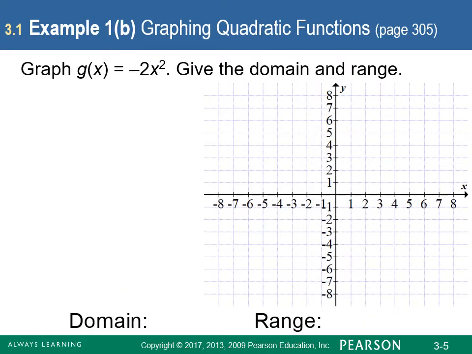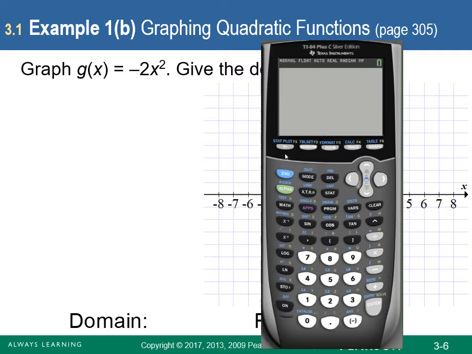So as with the previous function, we're going to use our calculator. So we start with the y equals. Now for the negative sign, be sure that you use the one at the very bottom that has parentheses around it. The one over on the right that's up above the plus key, below the times key, is the subtraction key, not the negative key. So here's negative, and then here's the